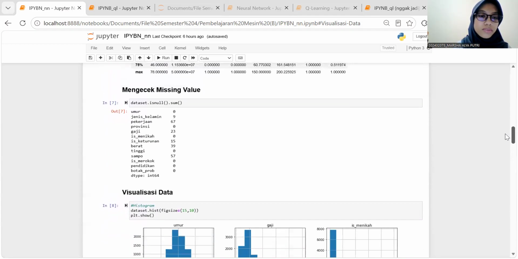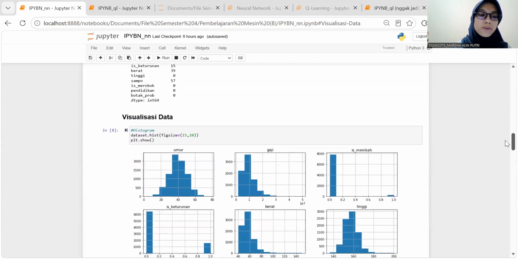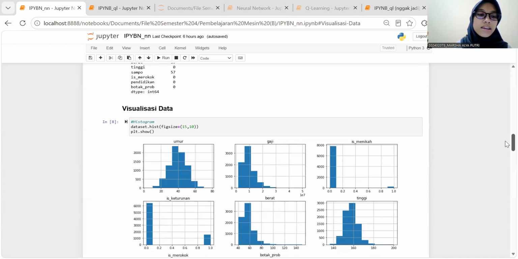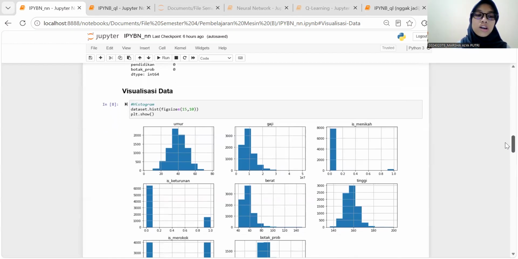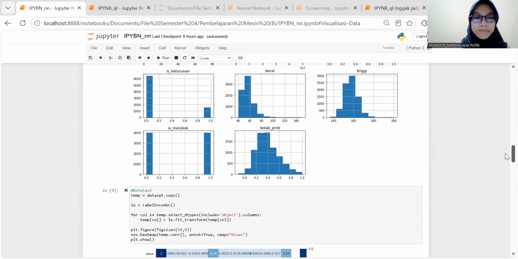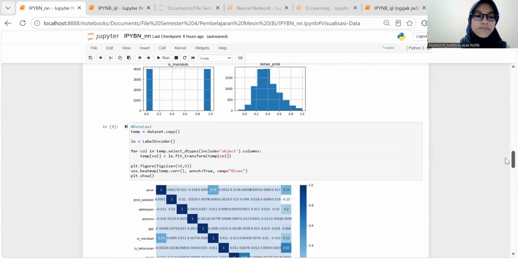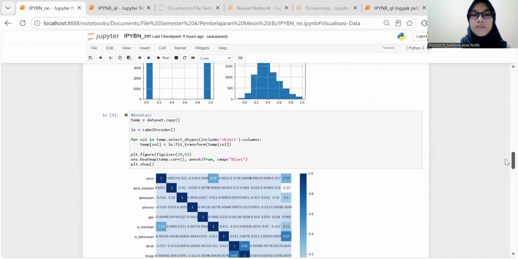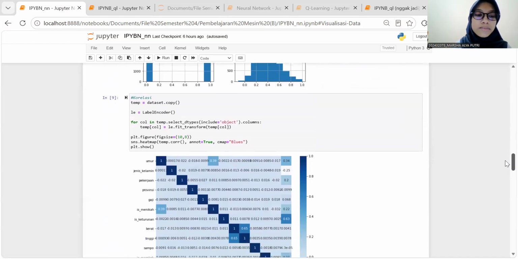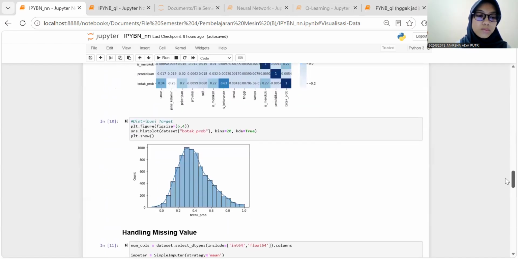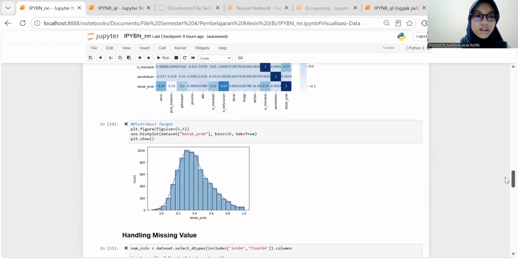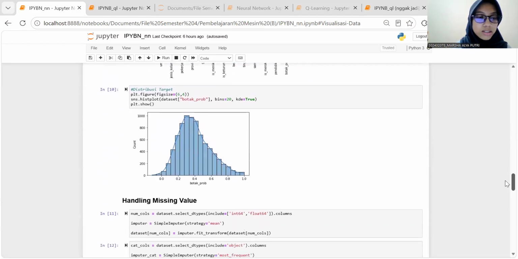We also perform data visualization. The histogram helps us understand the distribution of the numerical features. The correlation heatmap here shows the relationship between variables, and last is the target distribution.